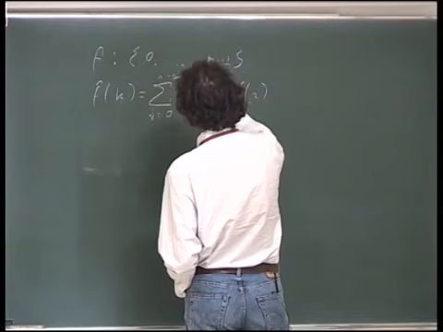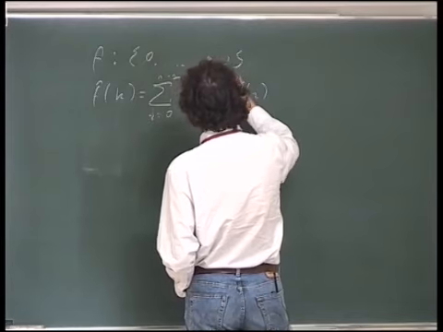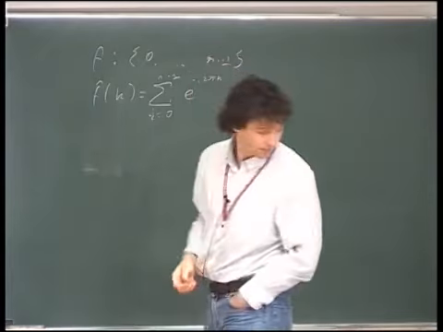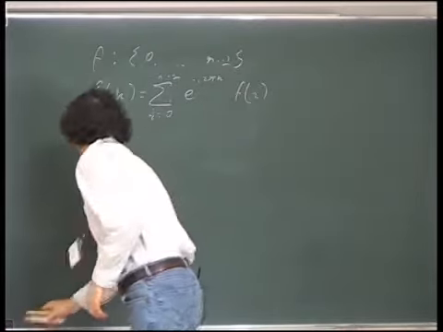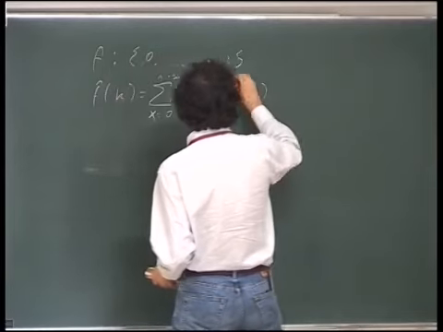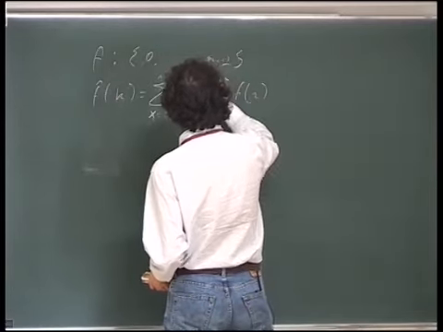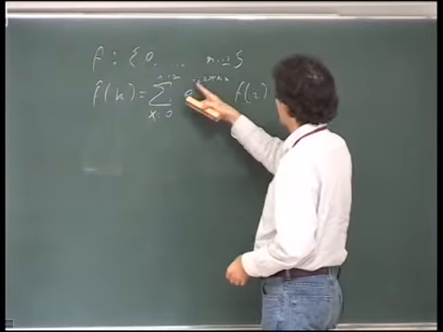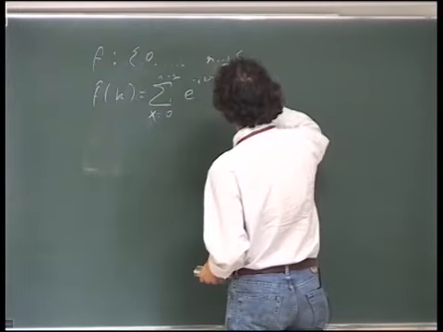So something like i 2 pi k times... Oh, there's a bad problem with the notation. Two different i's in two different senses. So let's just say x. Okay. So exponential of minus i 2 pi k x is what I have up here,